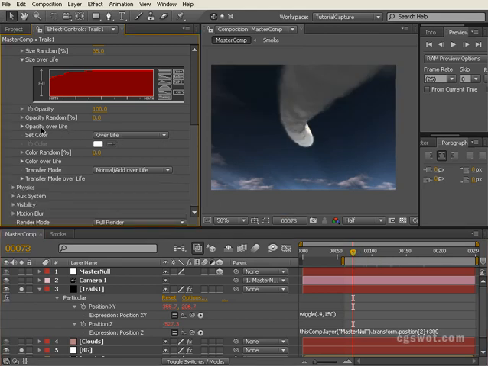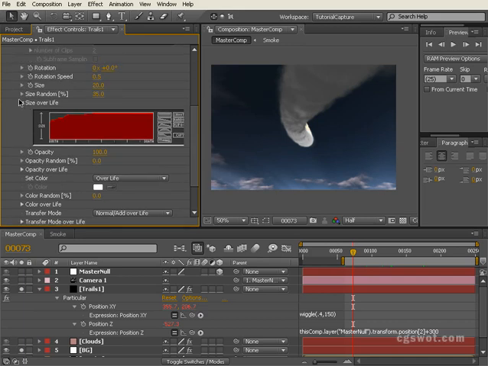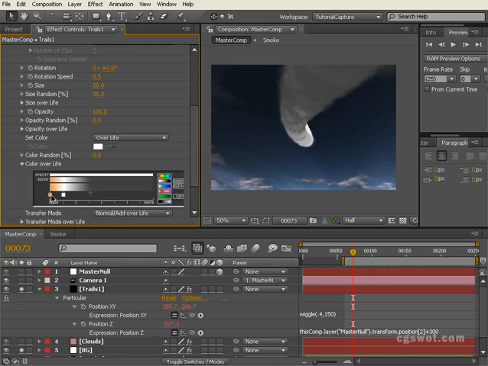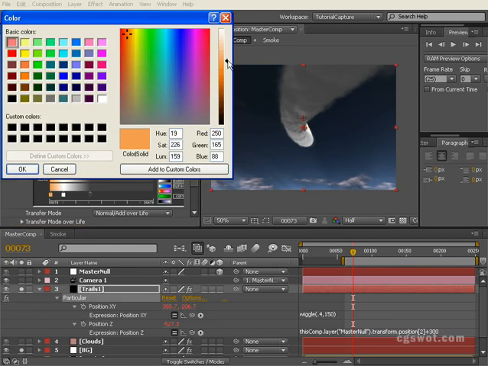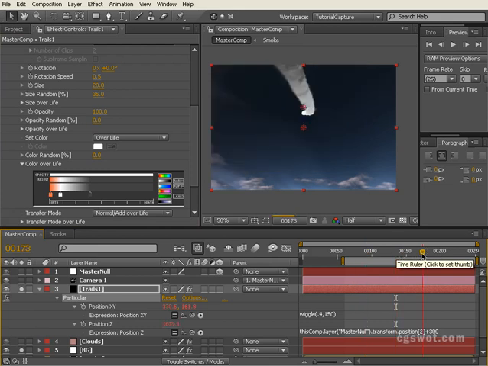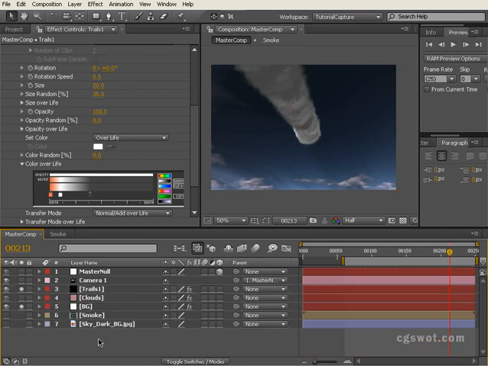Probably now that we've done that, we'll just make a minor adjustment to the color. Come into the color over life, and we'll just bring a little bit more color into that, and a little bit of red. Something like that. Bring the white up, and you'll see that that's starting to give us the effect we're looking for. Okay, so we're looking pretty good there, and all we need to do now is do some